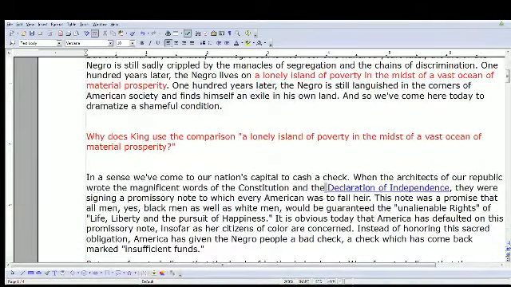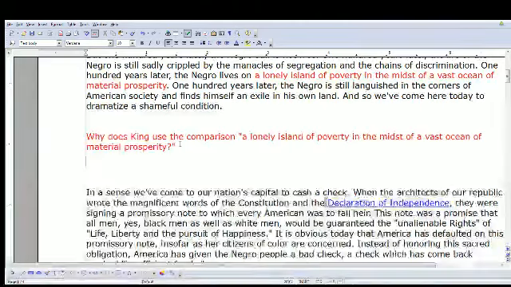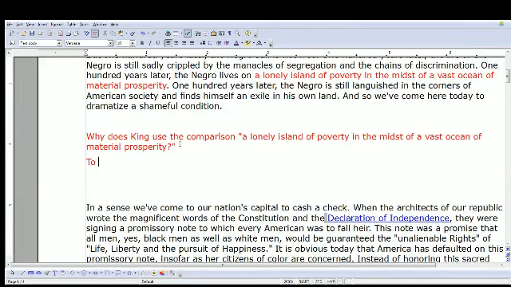Here's another one. Why does King use the comparison a lonely island of poverty in the midst of a vast ocean of material prosperity? So if you look, it says here, 100 years later, the Negro lives on a lonely island of poverty in the midst of a vast ocean of material prosperity. So then you say something like this. So to illustrate how